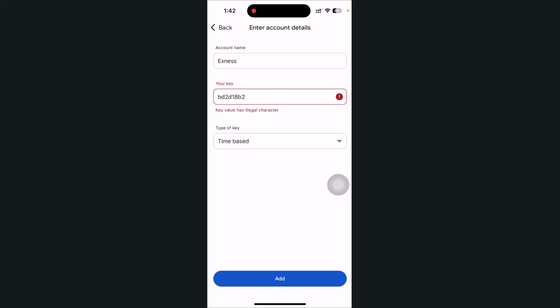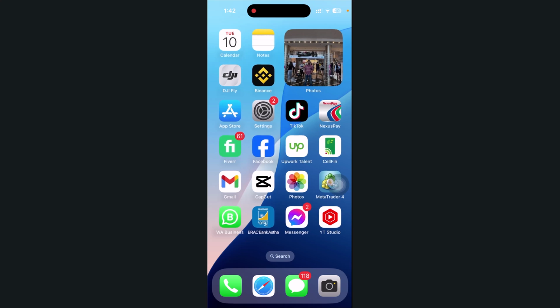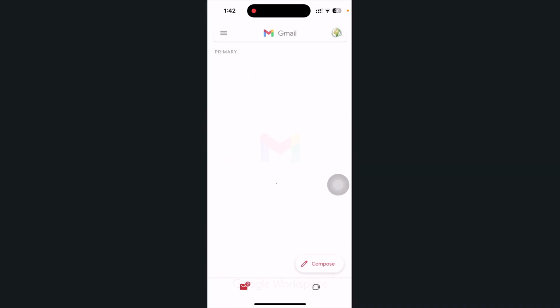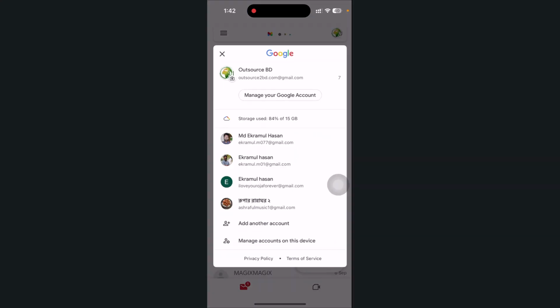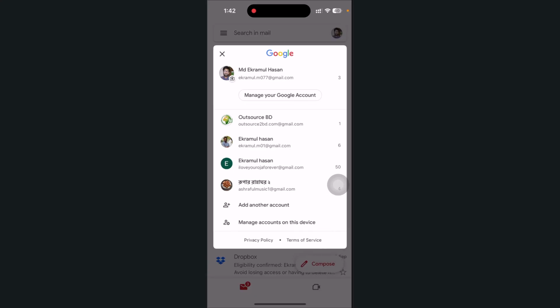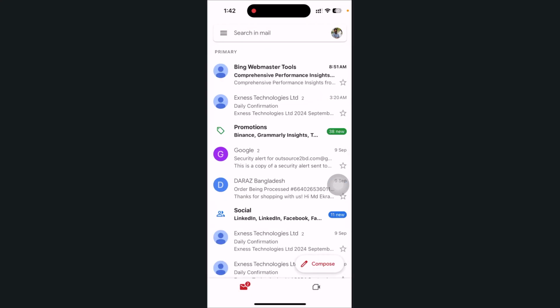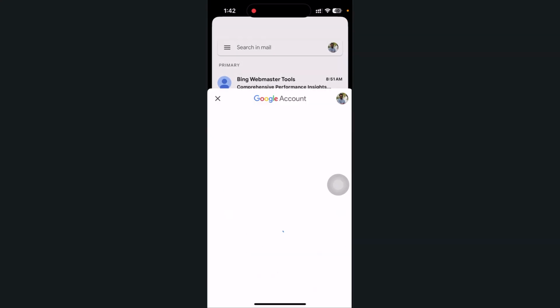Fix Google Authenticator key value has illegal character, this problem. So for that you need to go to your Gmail account first, then go to manage your Google account, select your desired email first, and then go to manage your Google account,